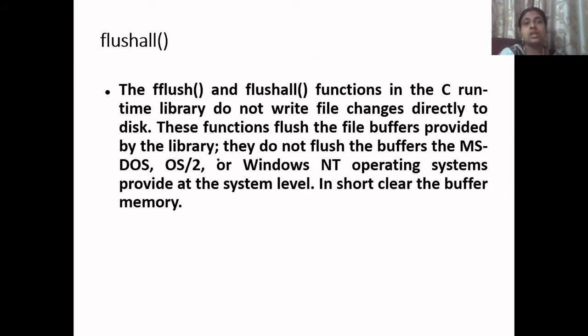Next, flush and flush all. Both are there to free up the memory space. If you could remember, we are going to write a program for linked list. Flush and flush all is a function which is used to clear the memory space. When a single linked list is created, a node is created, which means one memory address will be there.